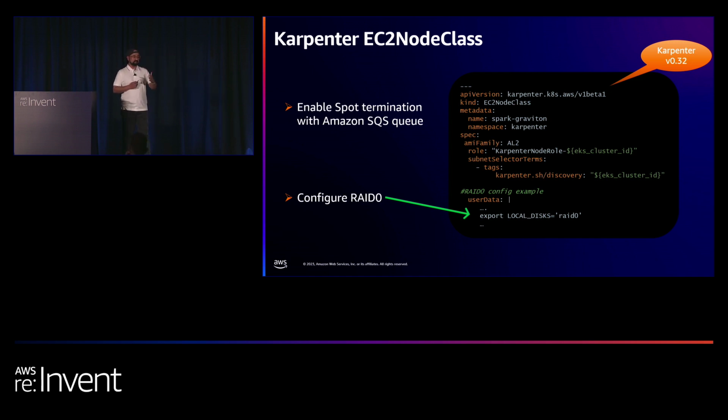When you want to leverage NVMe SSD instances with Karpenter, you can choose a range of instances, C5.xlarge to C5.24xlarge. With this configuration that you see on the slide, which identifies whether there are any NVMe SSD instances available in the EC2 instance, if there are, it formats and mounts that disk to your EC2 instance, which makes it available for the data engineers to use one path as shuffle data storage.